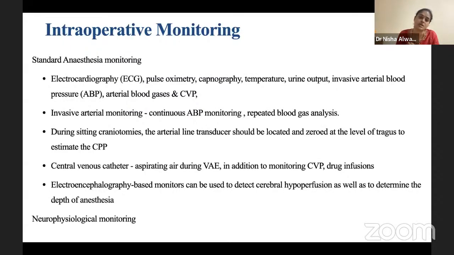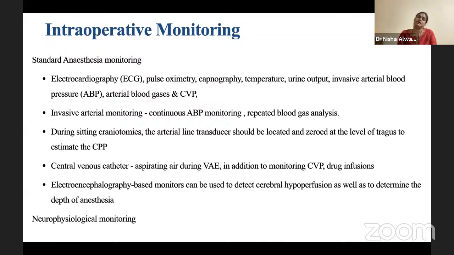So what is the need for that particular monitoring in these cases? It is important to have continuous beat-to-beat hemodynamic monitoring in such patients, especially where surgery is close to the brainstem and a lot of hemodynamic changes can occur. It also helps us with volume responsiveness. Should you have a decision-making scenario where you need to know whether the patient is volume responsive, we have the pulse pressure variation which can come from invasive arterial monitoring. So volume responsiveness is one thing. And of course, we can have repeated gases. We have point of care repeated blood gas analysis, which is also easy should we have an art line placed.